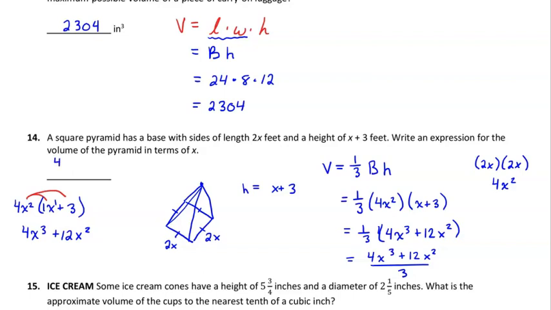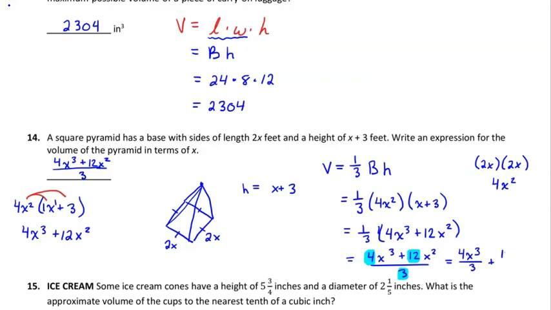You want to see if you would be able to simplify these, 4 divided by 3 and then 12 divided by 3. In this case we can't, because 4/3 doesn't simplify, and so we're going to keep this whole thing like that. So this would be an acceptable answer, or you can write these out separately like this: divided by